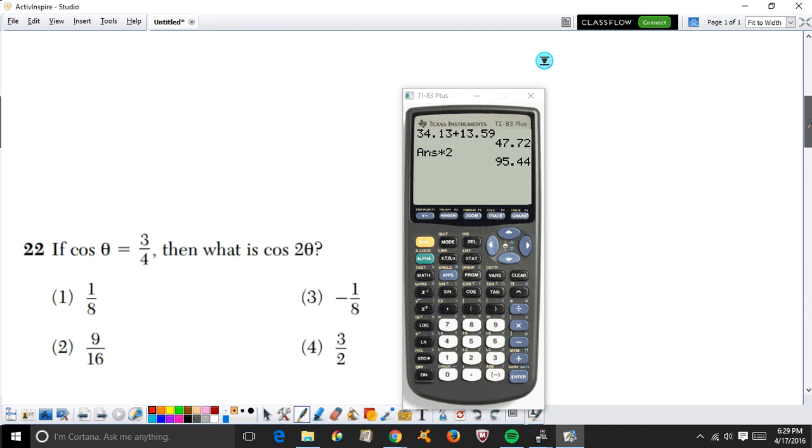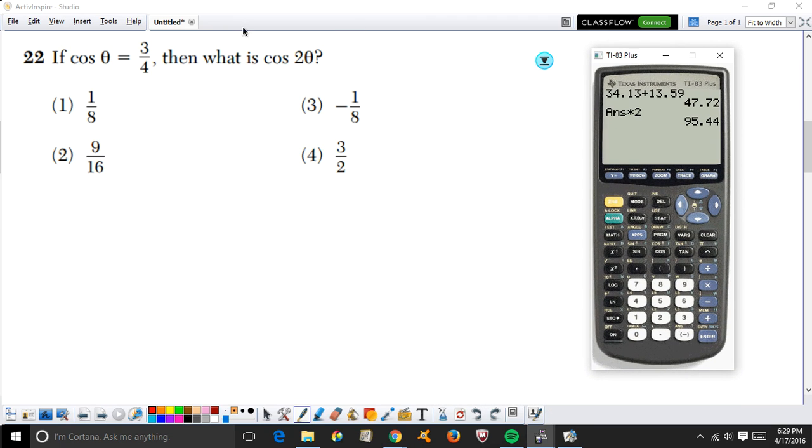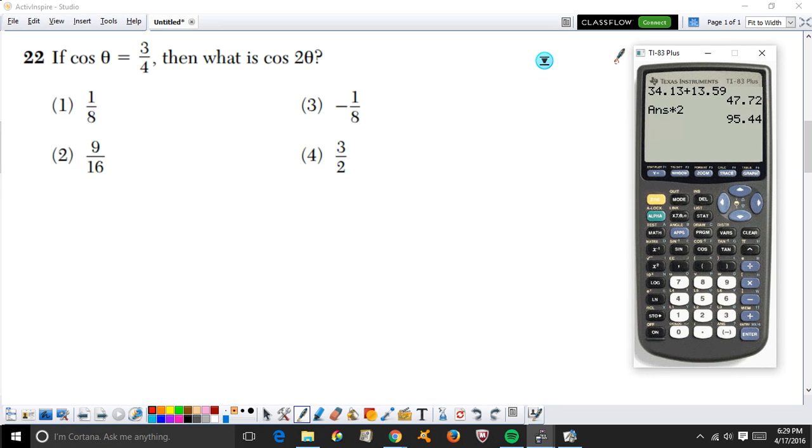Now, in example 24, they're asking us if the cosine of theta is equal to 3/4, then what is the cosine of 2 theta? Well, the strategy here is to find out what theta is. We're going to get our value. We're going to substitute it into the expression we want to find the value of, and then we're going to get our answer. So let's find out, how do we solve for theta? So we have cosine of theta equals